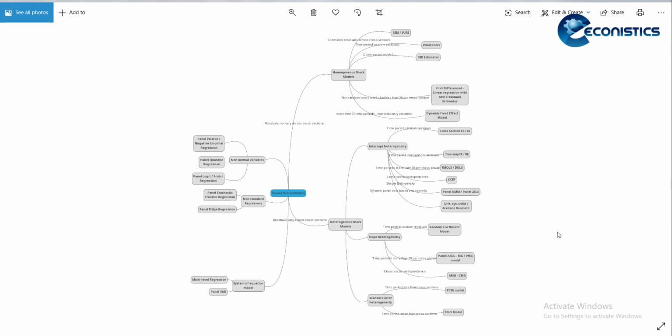There are many more available, and I welcome you all to share your experience and do comment and tell which kind of model that you know which is not in this flowchart, and what are the conditions that necessitate that model, so that in a newer version we will add that in our diagram.